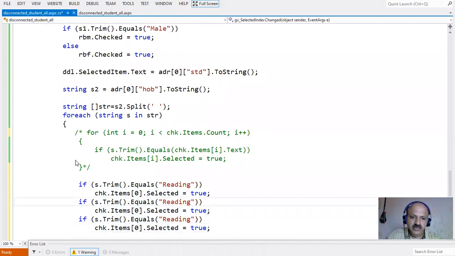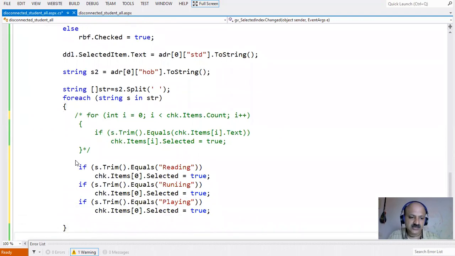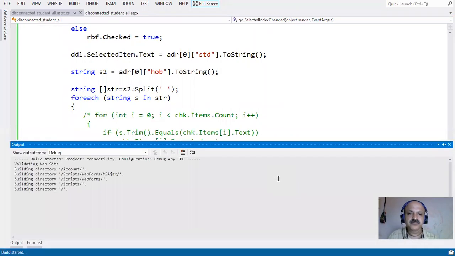So here we can run. For a one-word hobby there is no issue, but two words create the problem. So only the playing word is matched, and that hobby is selected. So if you have one word, use this for loop, and if you have two-word hobbies, use this if condition, and we can check both. So I provide two words here, and now let us check whether our record is selected or not. I save, first stop debugging, and now run.